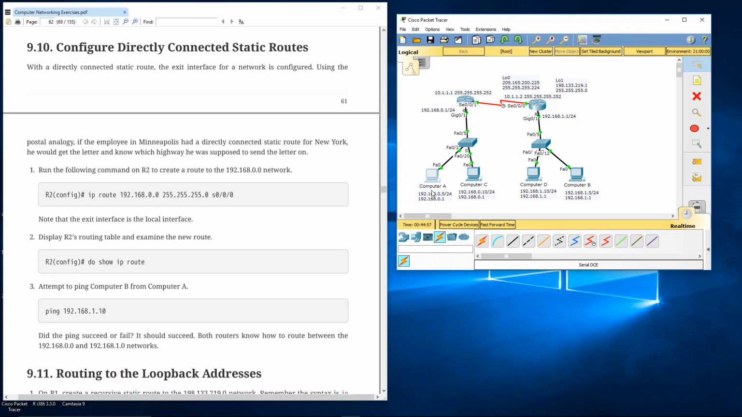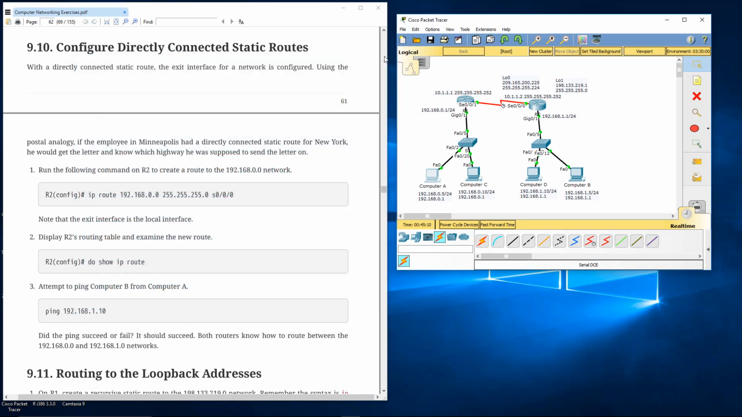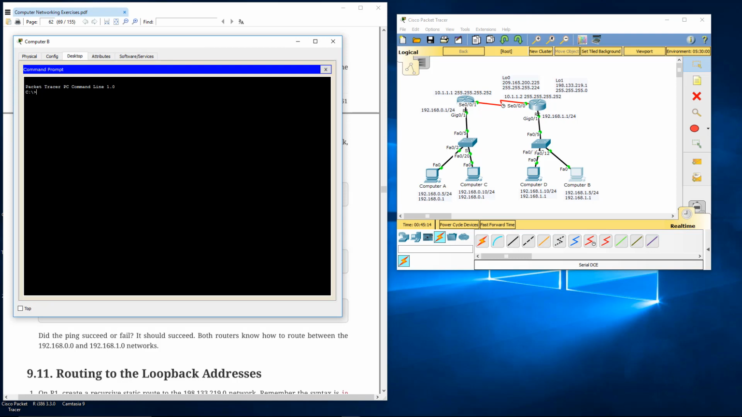But now, let's see, computer A, computers D and computers B. Here's a question for you. Should any of their pings to any IP address in this network fail at this point? Should anything fail? No, nothing should fail, because router 2 knows about every network, all 5,